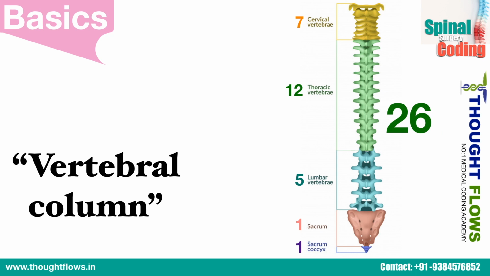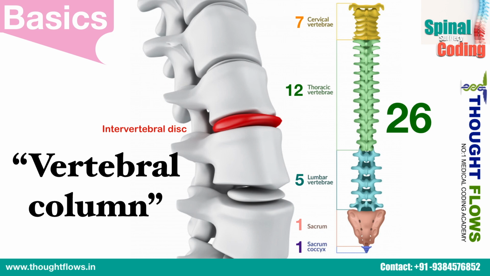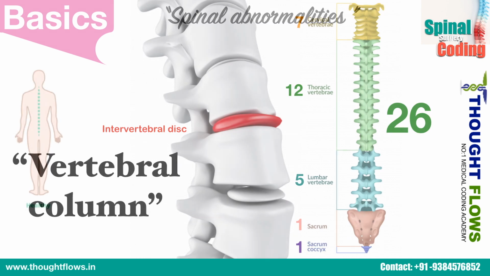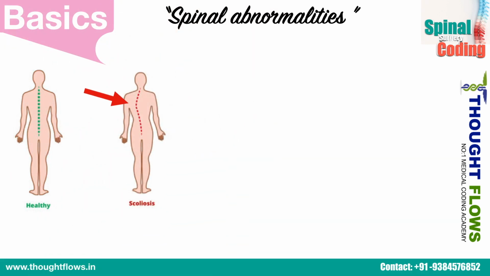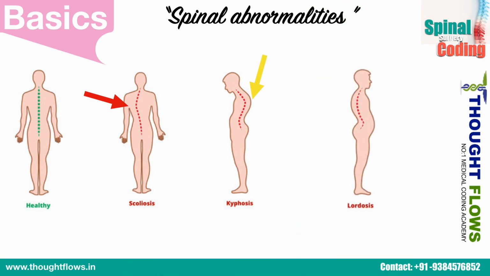And coming to the intervertebral disc, that lies between adjacent vertebral segments, each disc allows slight movement of the vertebra. Now we'll see what are the common disorders of the spine. Coming to scoliosis, it is an abnormal curvature of the spine in an S or C shape. And the next is kyphosis, also called round back or humpback, is a condition in which the spine in the upper back has an excessive curvature. And lordosis, it is an inward curvature of the lumbar spine.